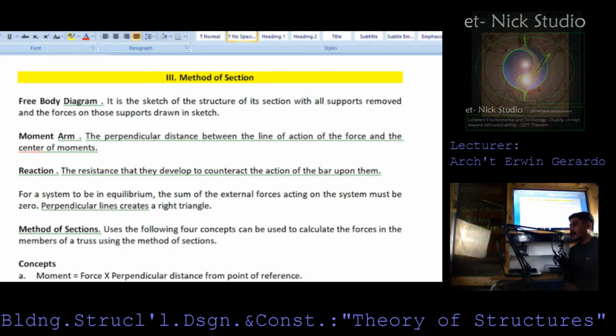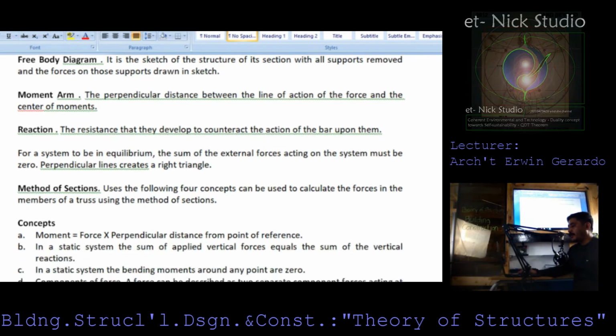For a system to be in equilibrium, the sum of the external forces acting on the system must be zero. Perpendicular lines create a right triangle. Method of sections uses the following four concepts, which can be used to calculate forces in the members of a truss using the method of section. The concepts: